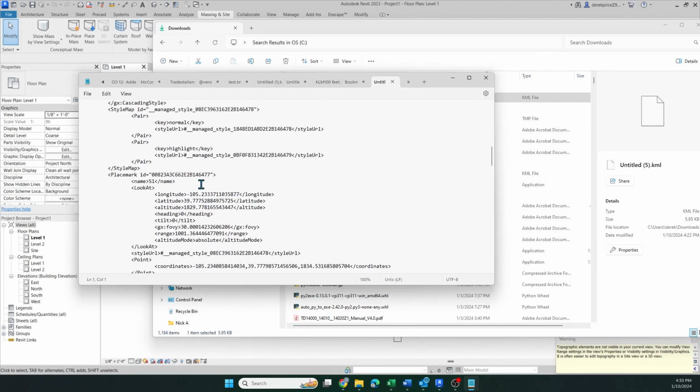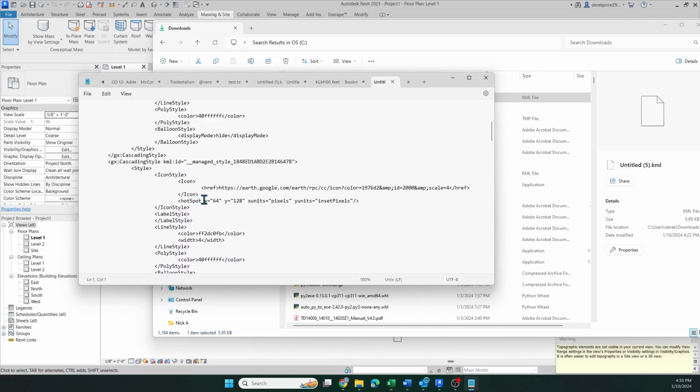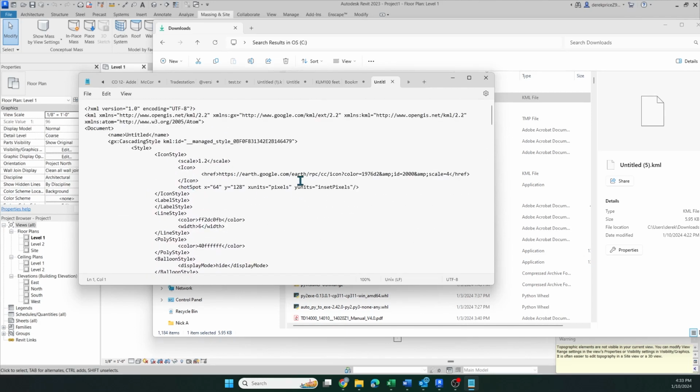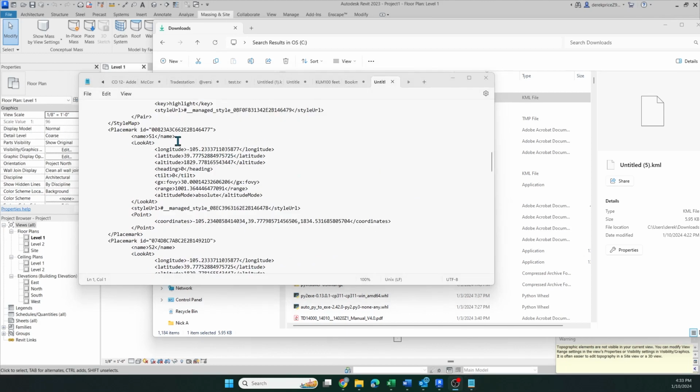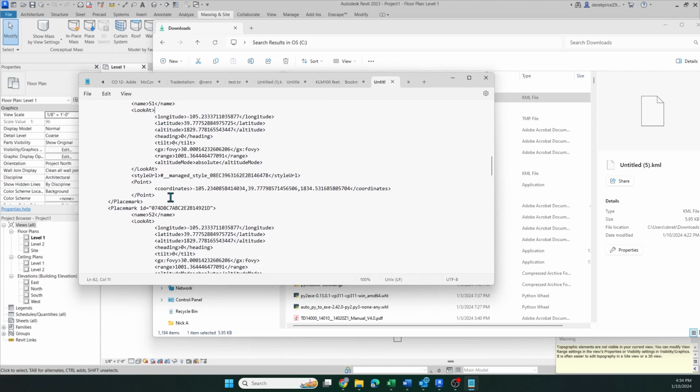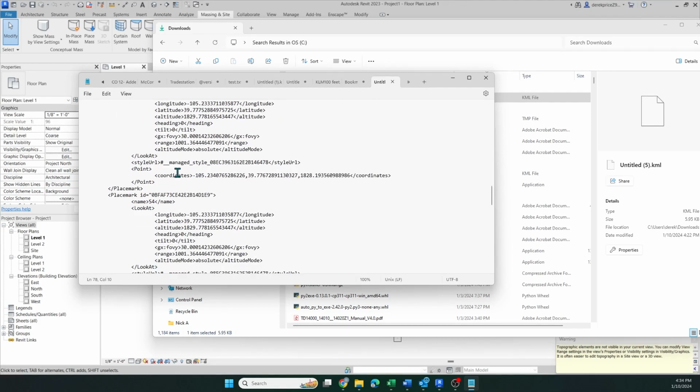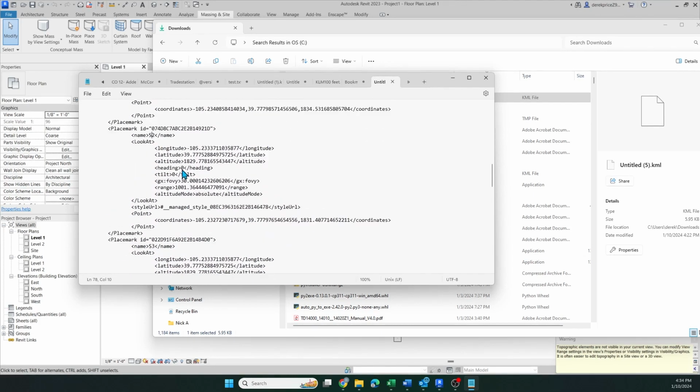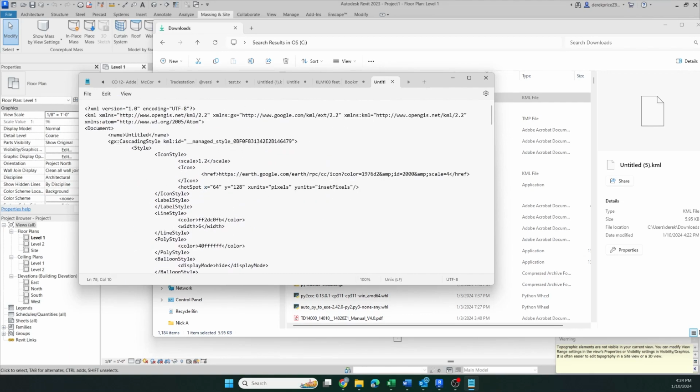Each point's going to have an ID, and as you remember, we created and named them from before, but it's going to put an ID number with what we named it. If you come down and look where it says placement mark ID, and right below that there's our S1. Okay, so now you can kind of understand where the S1's coming from, and it's giving you points in longitude, latitude, and altitude, which is elevation. And so there's our S1 point, here's our S2 point, and as you go down further, you'll see all the points. Now, what you could do is you can simply go to these points